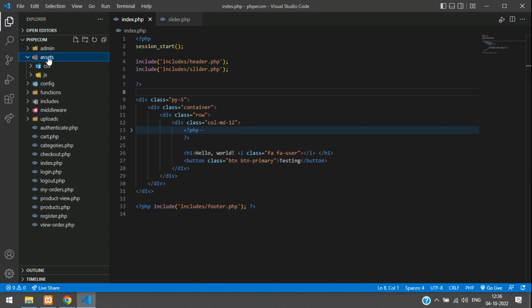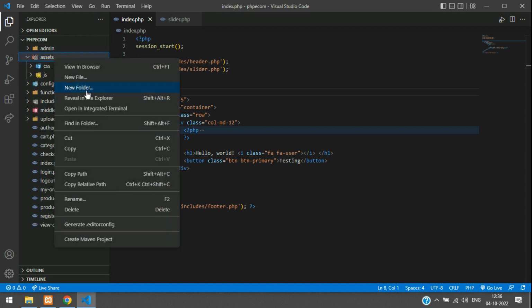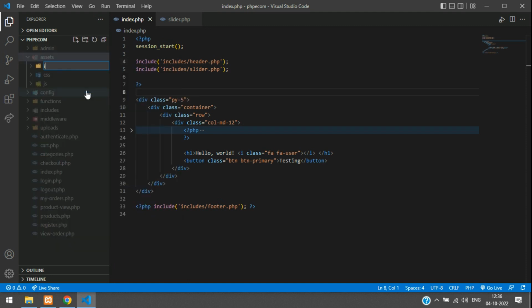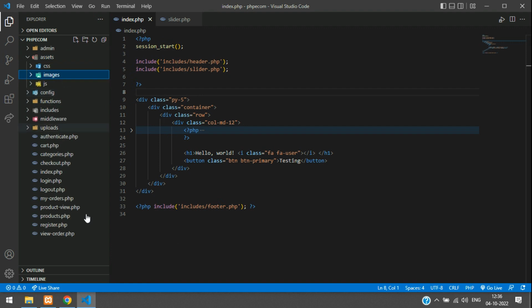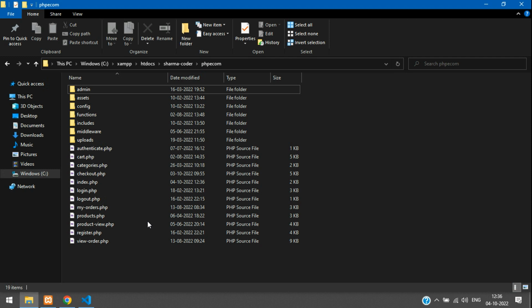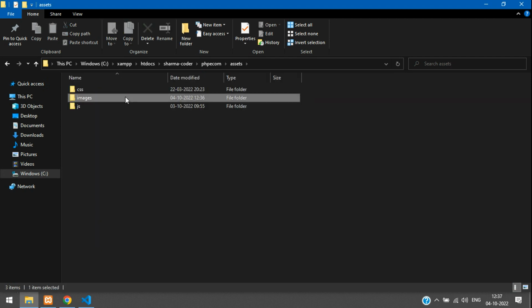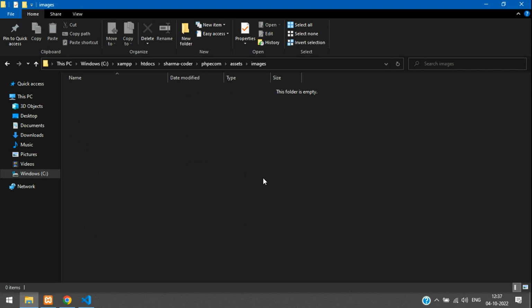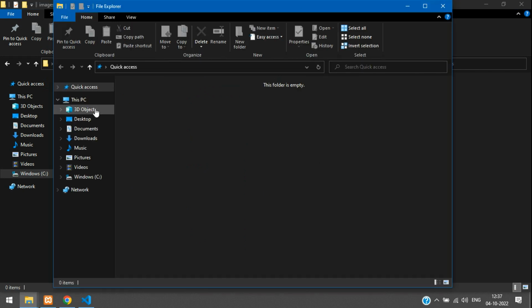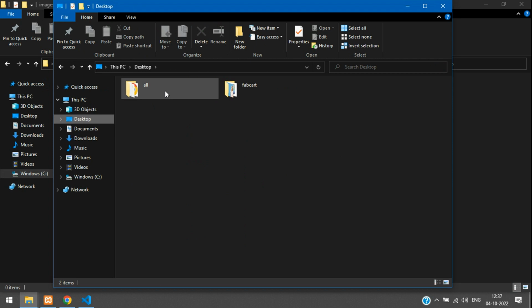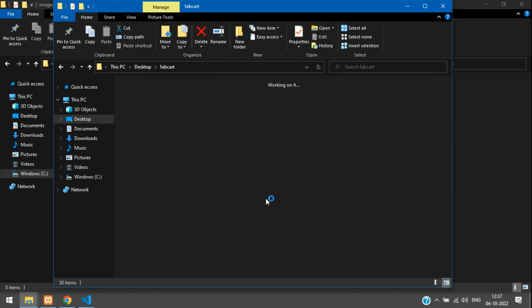So inside your assets you have CSS and JS. So just create another folder over here called images, and inside this images we are going to add our images. Okay, so inside assets we have images. So I have a few images on my desktop, so I'll just paste them over there. Let me take the slider images from here,